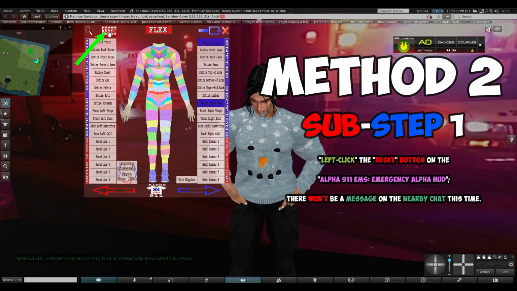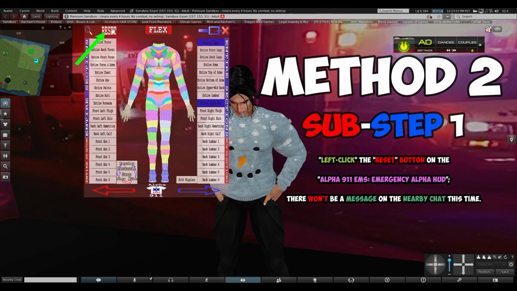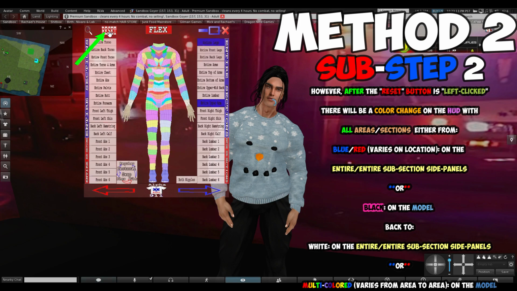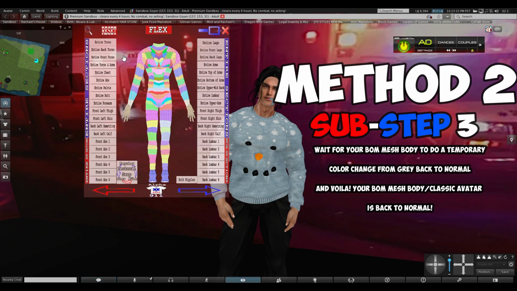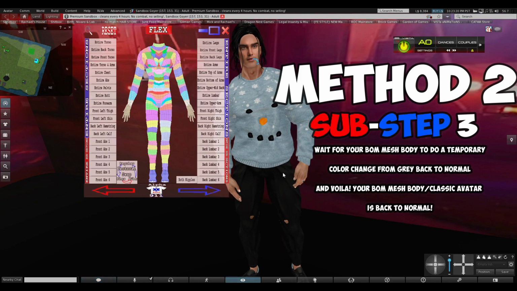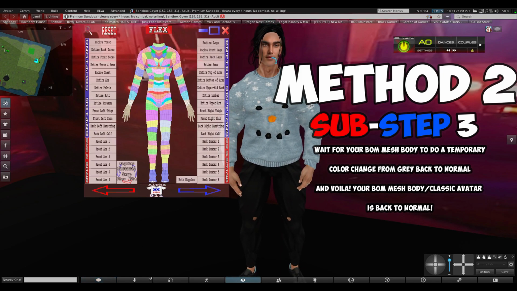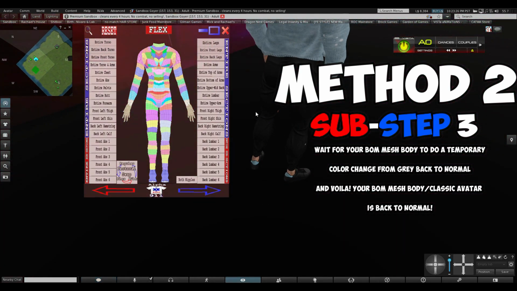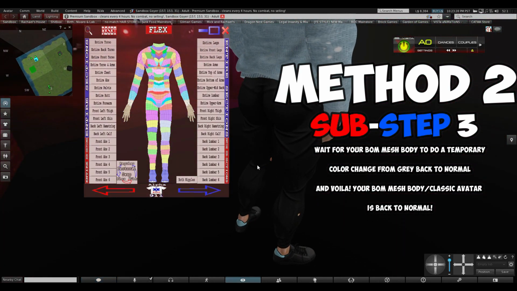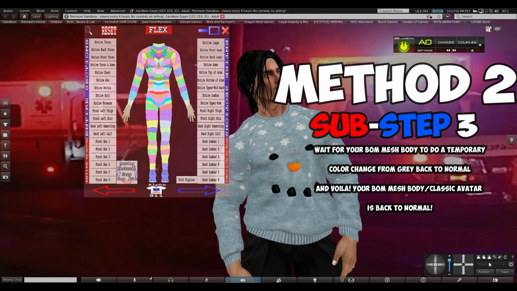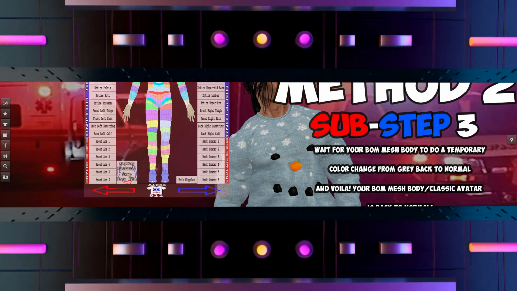Instead of clicking these ones, we're going to click the reset button up here on the left-hand corner of the HUD. So once you click the reset button, these will turn from blue into white, okay? Just like how the model turned from black back to rainbow, multicolor. See here? Now the holes are back together on the mesh avatar. So you got your holes and clippings back in your clothing, okay? Just in case you wanted to swap out your alphas, you could do it this way.